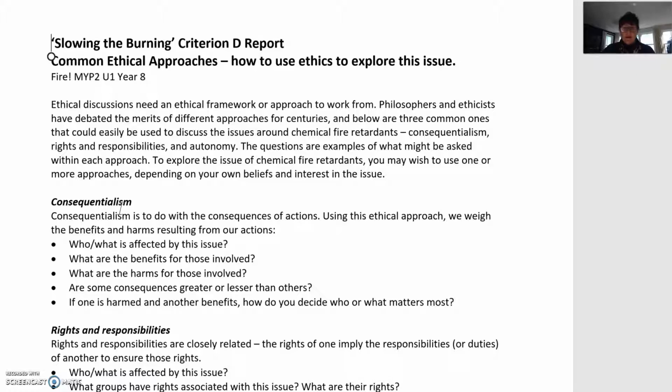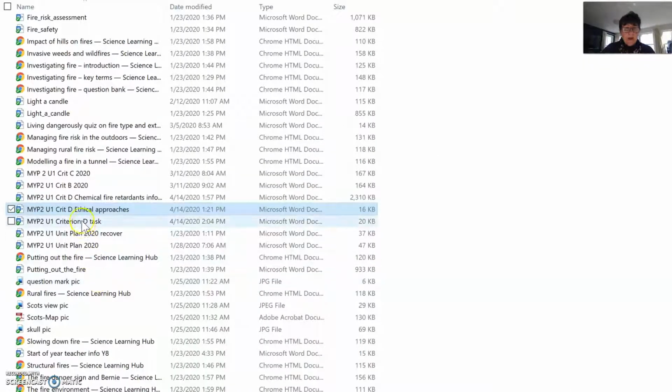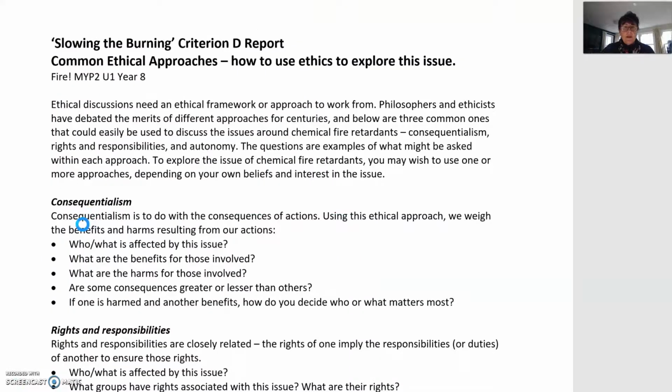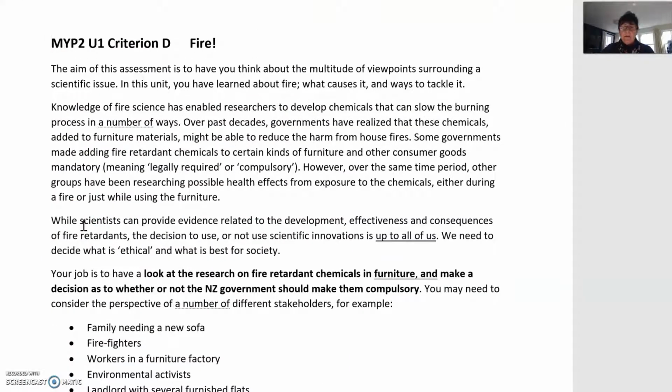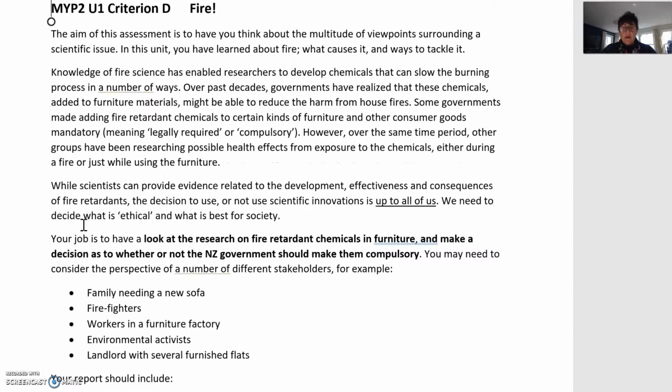Okay. The third document that you'll see on the OneNote is the actual task. I'm just trying to find it now. And it will look like this. This is the actual explanation of the task. And I hope it's fairly self-explanatory, but my intention with putting all of those 3 documents on the OneNote is that you can have a look at them over the course of the week, discuss them with your parents and your friends, and then get to work on your research for this